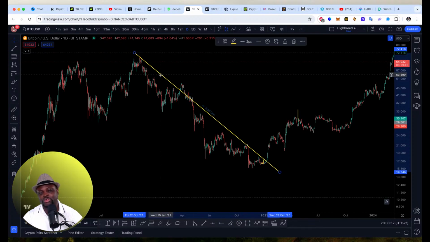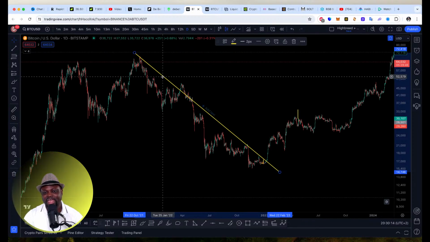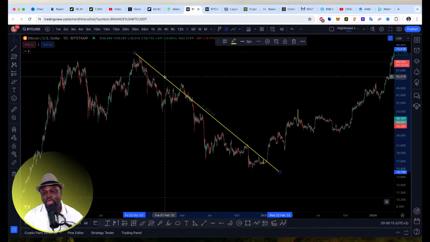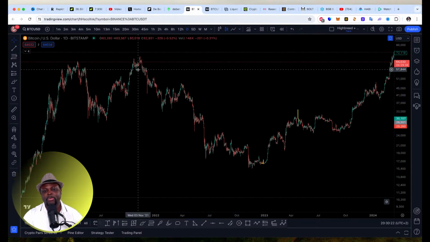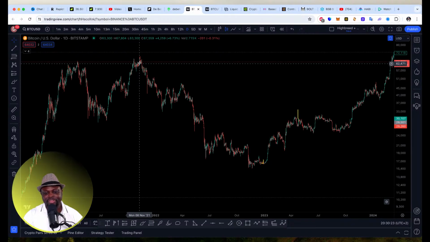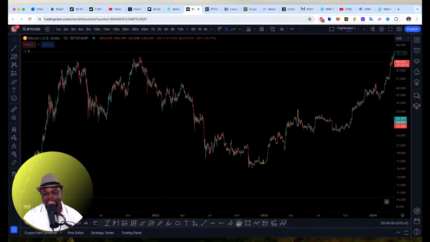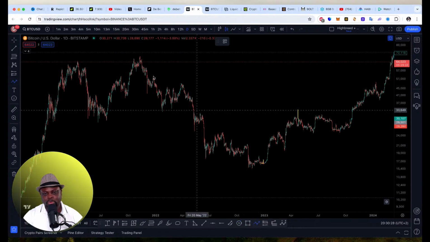But I don't usually use trend lines. I can easily identify the market by looking at the market. So I'm not gonna show you guys things I don't use often. So now we can see that the market left this zone, and the market is going down. This is what the market does.